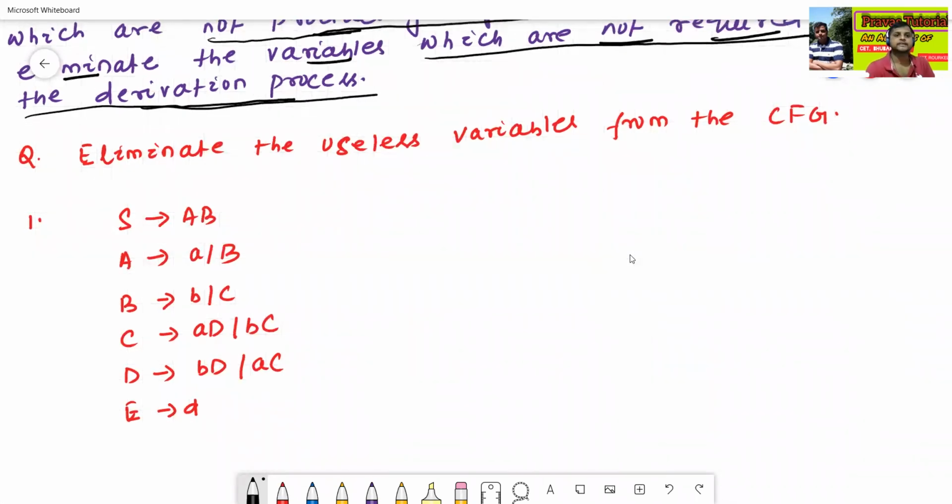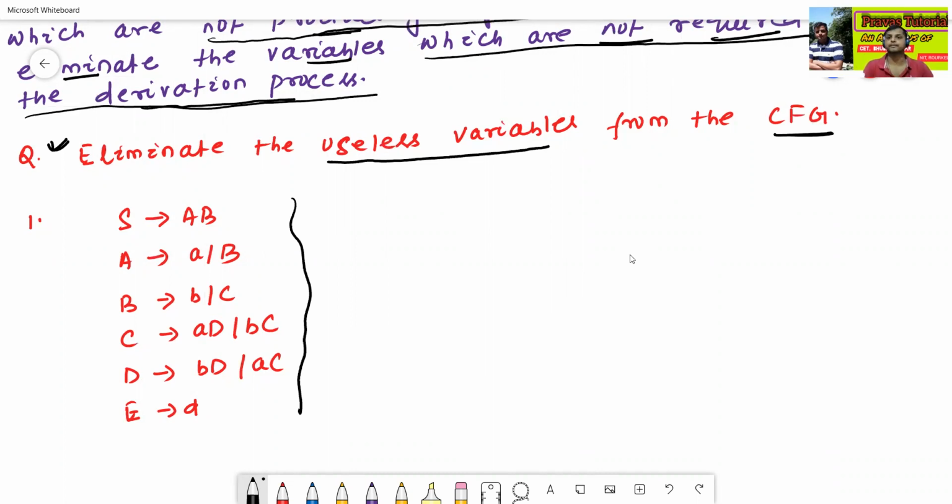This is the first example. Eliminate the useless variables from the context-free grammar. This is one context-free grammar. If the grammar contains a useless variable, we have to remove it. A useless variable is one which is not producing any terminal string, or which is not required for the derivation process.